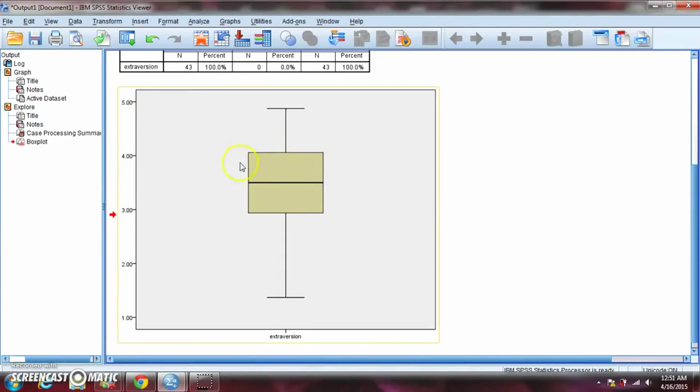And then what you also have in the box itself is the 25th percentile, the 50th percentile, and the 75th percentile. So this gives us a good way of looking at how scores are kind of spread out amongst the possible values.